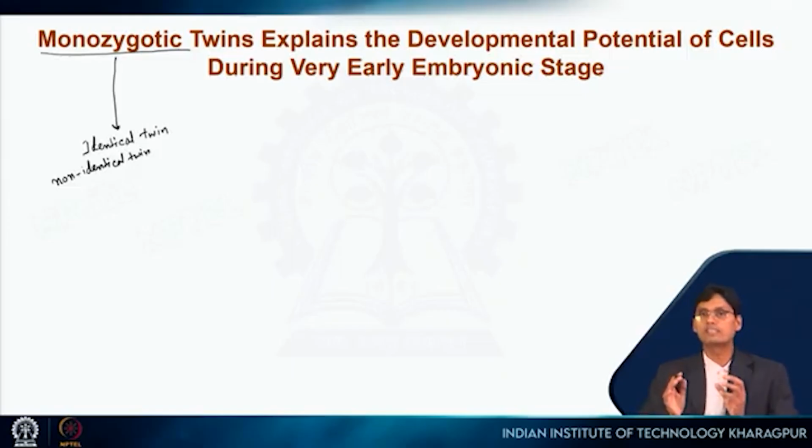So if that early embryo gets split and they are not yet implanted inside the uterus, as a result, when this split embryo is implanted inside the uterus, they will develop two